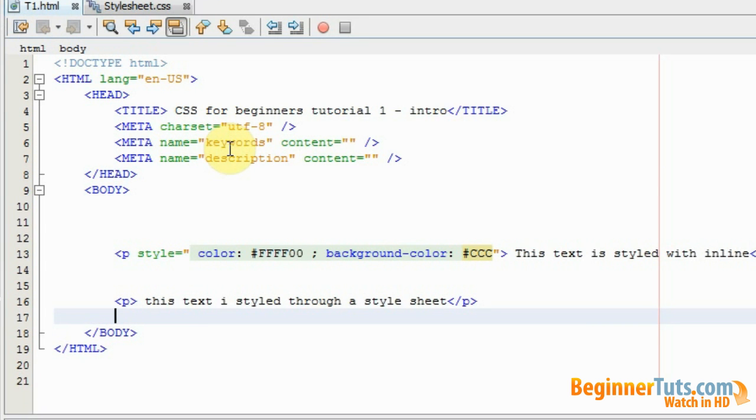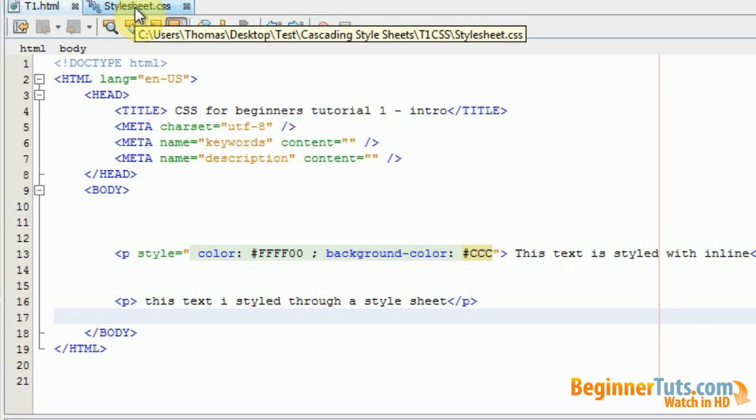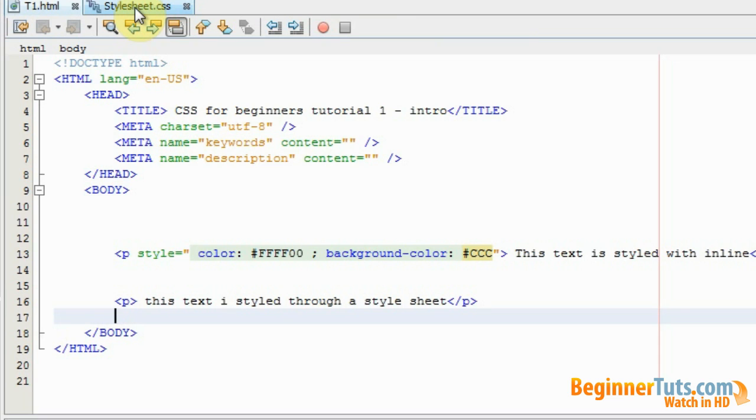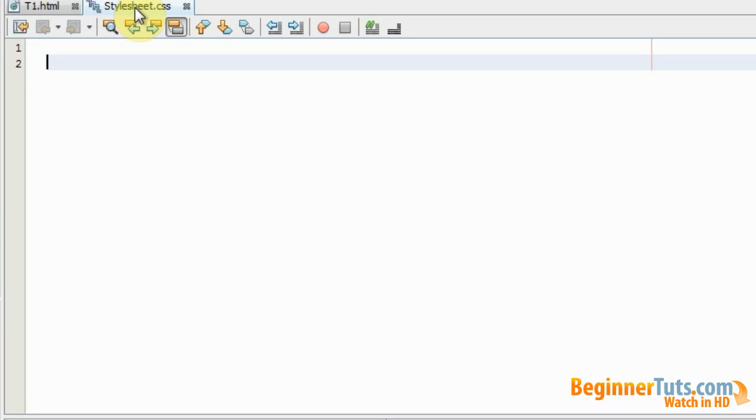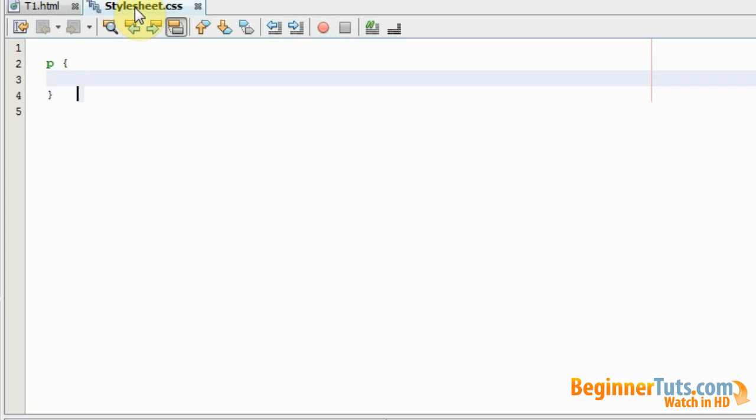First you need to create a CSS style sheet. I've already done that, as you can see up here, and I've called it stylesheet.css. Remember that the extension of the file should always be CSS when it's a style sheet file. So I'm gonna go into that file, and as you can see, it's basically empty. Then to style my paragraph element, I would have to write P, because that's the tag name. Then I would have to add two curly brackets, and then I would again in here be able to style the different properties. So I'm just gonna be choosing color again,